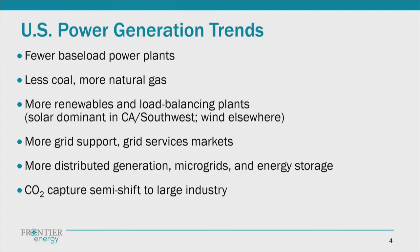So we're getting less coal. We're getting less need. Load growth is slowing. There are retirements. There's intermittent power. And so we need more load balancing plants for the renewables, fewer base load plants, and grid support services is